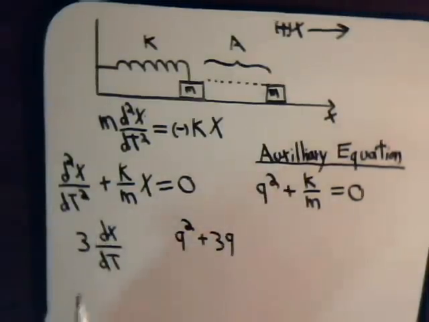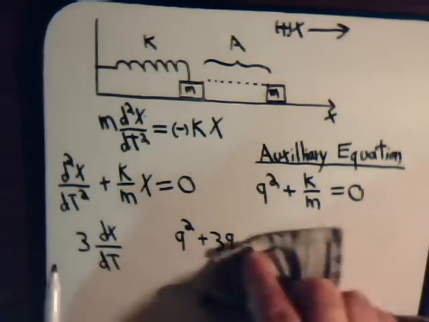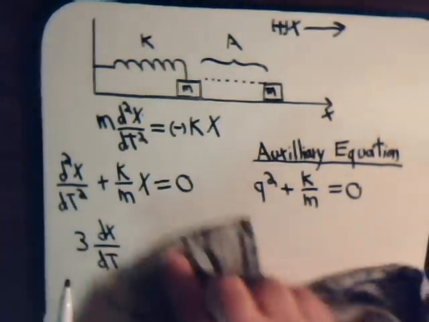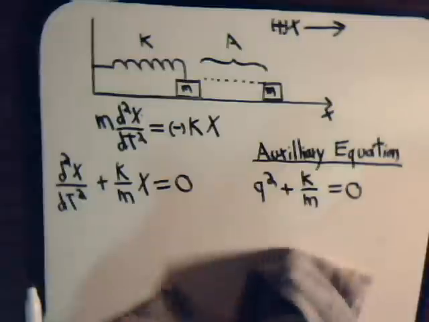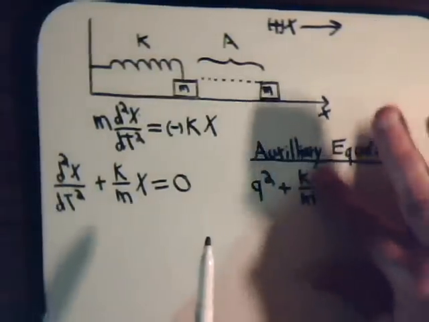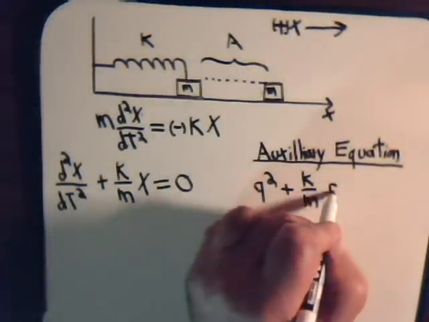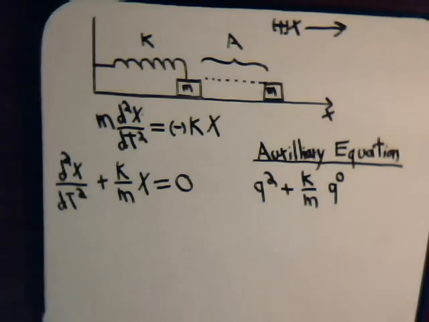So for this equation, where there is no dx dt term, the auxiliary equation is simply q squared plus k over m. That's not a derivative, so that's just q to the 0 power, which is 1,